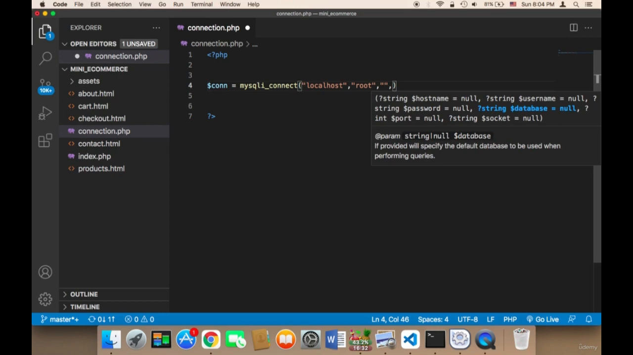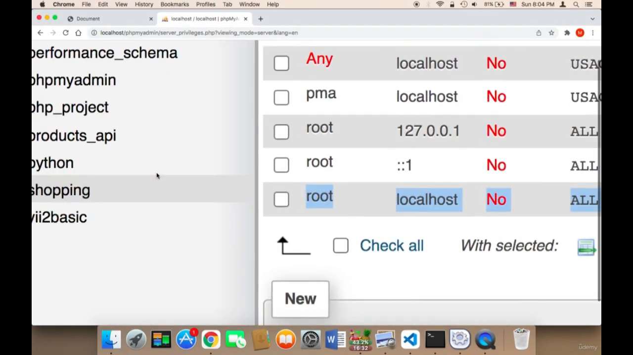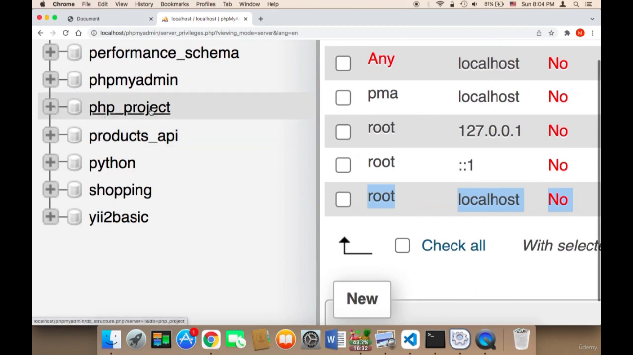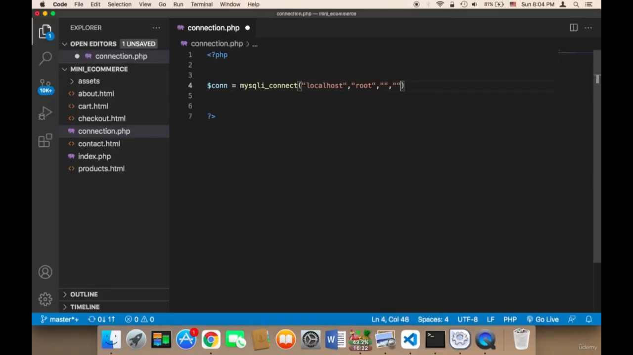The last parameter is the database. So the database is database. Remember, the name of the database is PHP underscore project. Again, that's PHP underscore project. So here I'm going to say PHP underscore project, and then